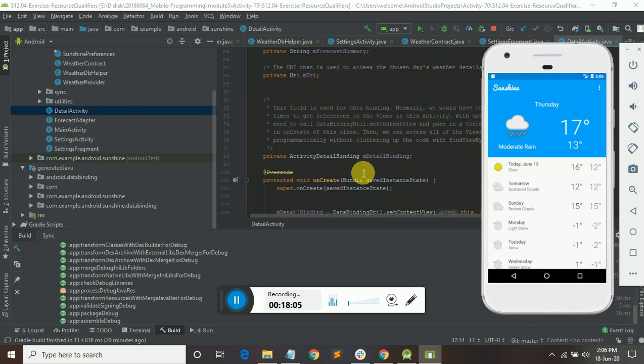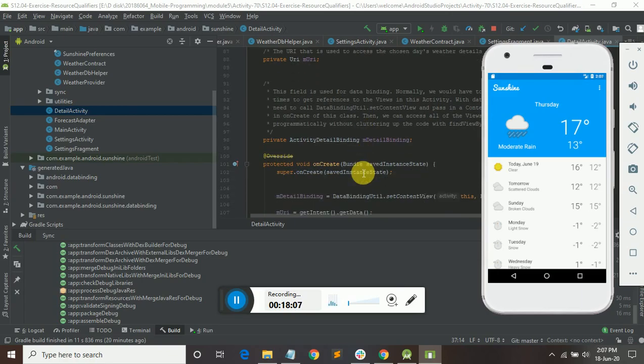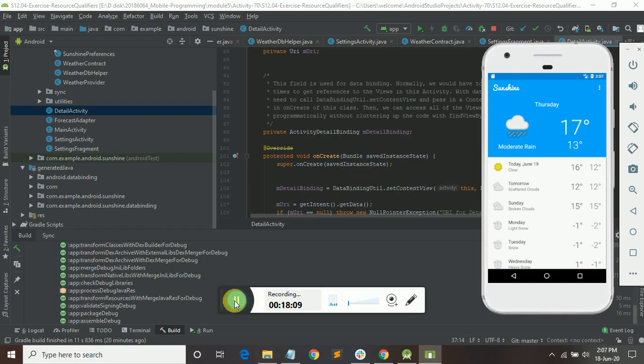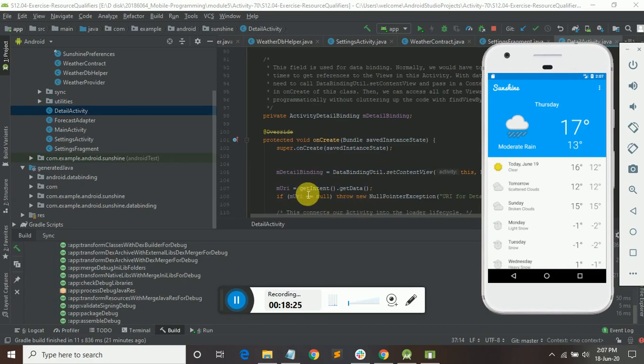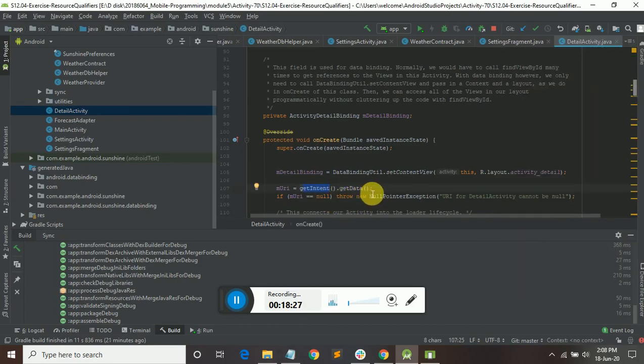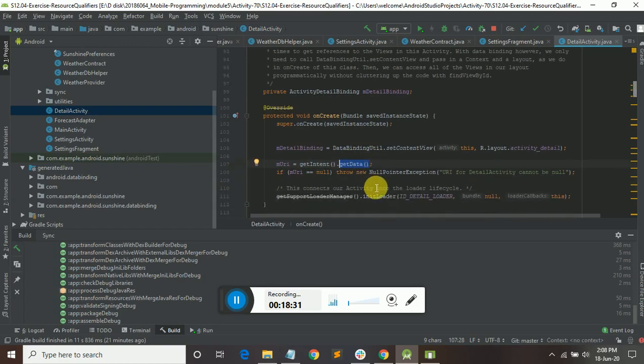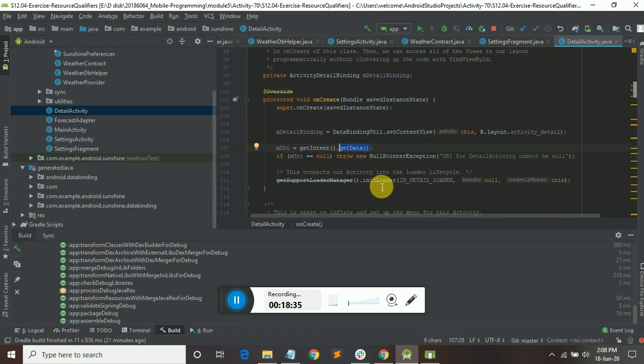And activity detail binding, the main purpose is a data binding util, in the sense like the binding activity is automatically generated and takes the name from the layout file, which is not a class. And here the get intent, get data, in the sense like we are getting data from the database, like we created a table and stored, from that we are getting.